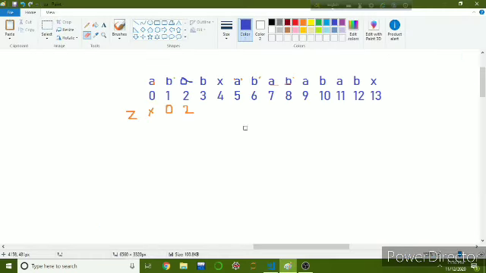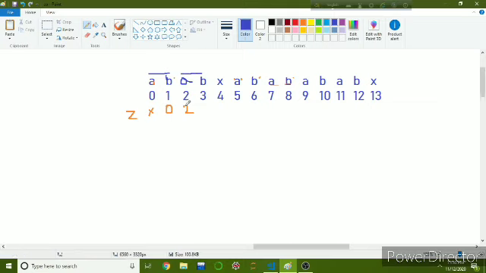Let's see some example. We have this string and I am writing some z values. So z value at index 1 will be 0, this is b. Okay, so z value at index 2, you can see this AB is matching with this AB, and this is the maximum match.